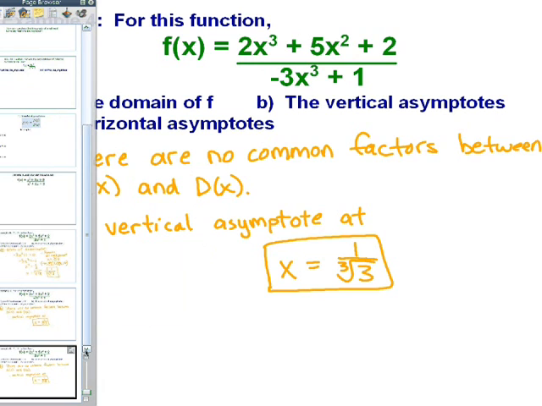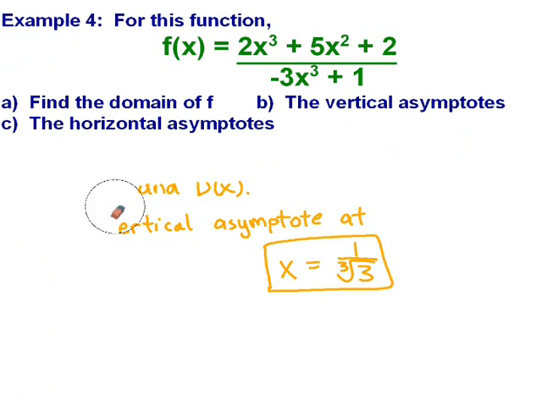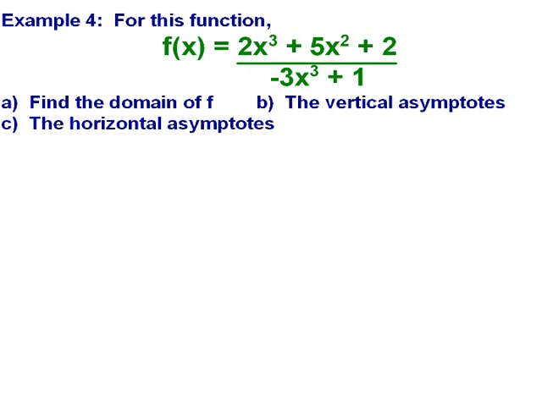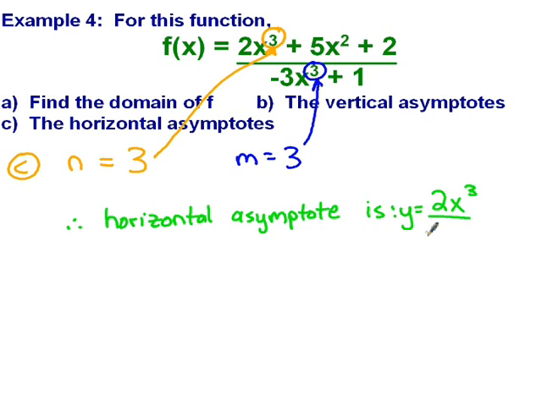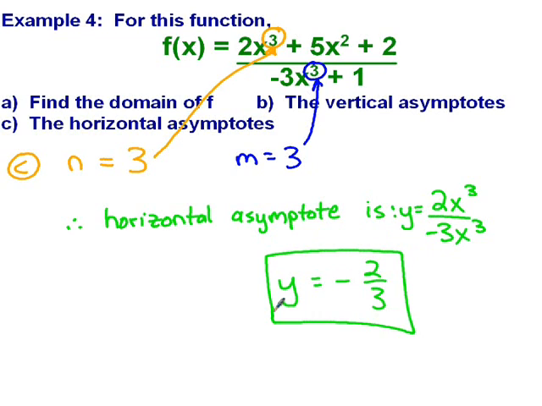Alright, after some doodling around here, we're going to end up looking for the horizontal asymptotes next. So when you're thinking about horizontal asymptotes, you have to look for the degree of the numerator and the degree of the denominator. There's the degree of the numerator, 3, and there's the degree of the denominator, also 3. So since those degrees are the same, to find the horizontal asymptote, all we have to do is take the leading terms of the numerator and the denominator and set them as a fraction. That is the horizontal asymptote. There it is, y equals 2x cubed over negative 3x cubed. And so we reduce that, and there we go. That's the horizontal